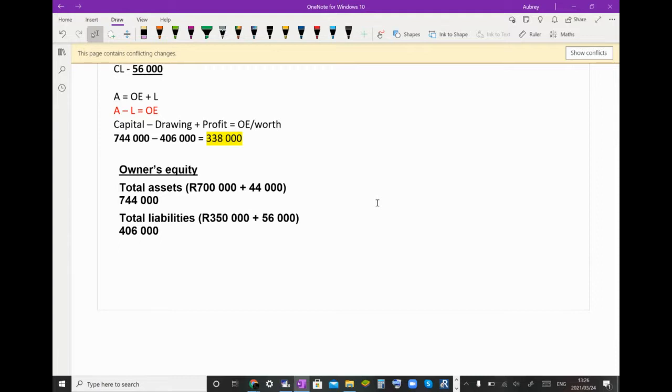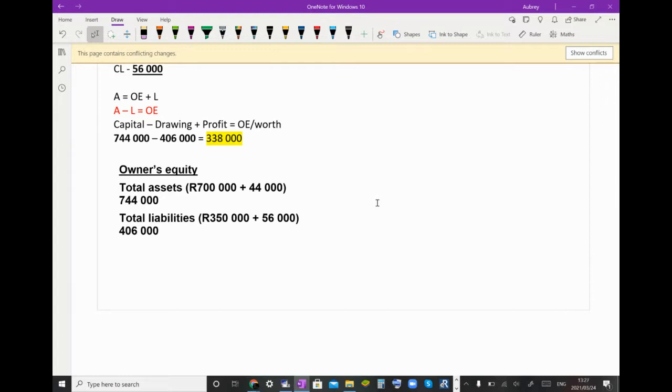So if you had totally forgotten about the accounting equation, you would have been like, but then how are we supposed to calculate owner's equity? Okay. And this is where we were saying, understand, master, and then here we are applying. Okay. All right. Anyway, and so our owner's equity worked out to be the